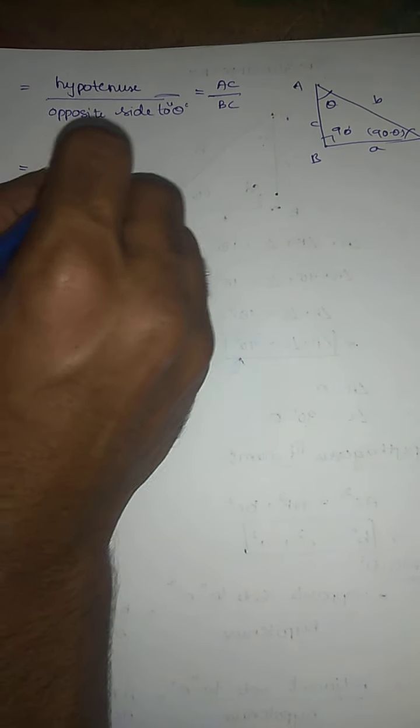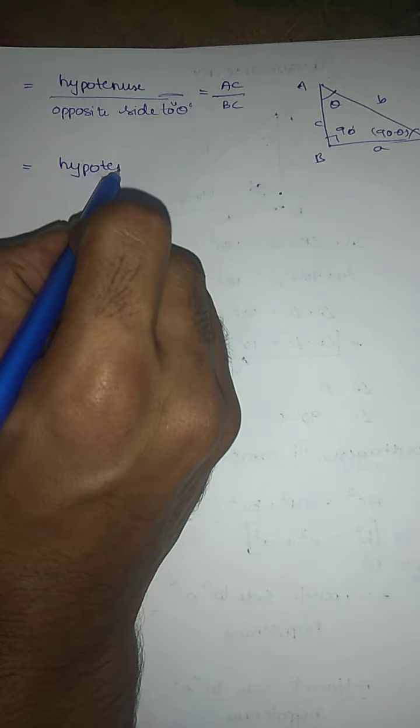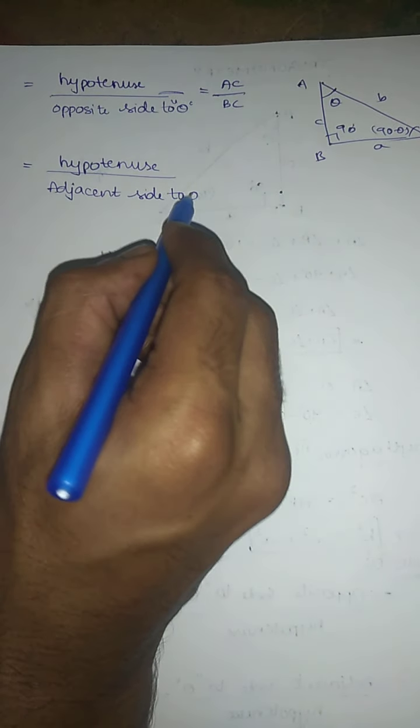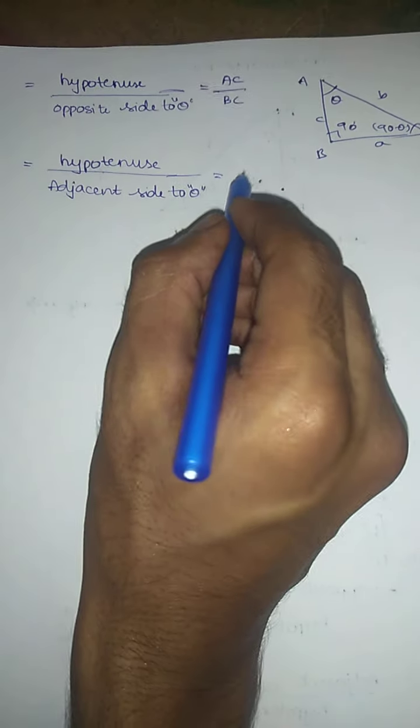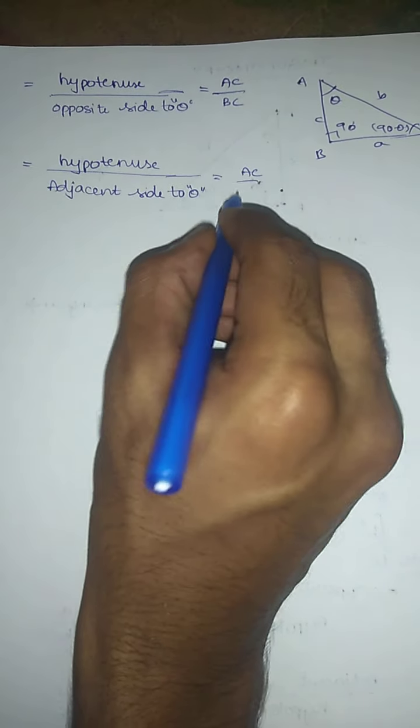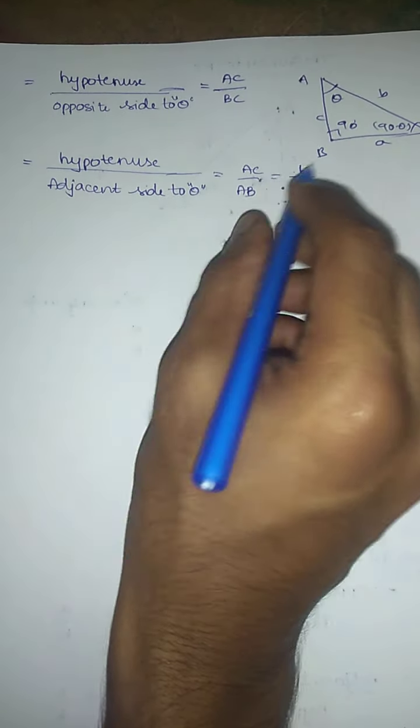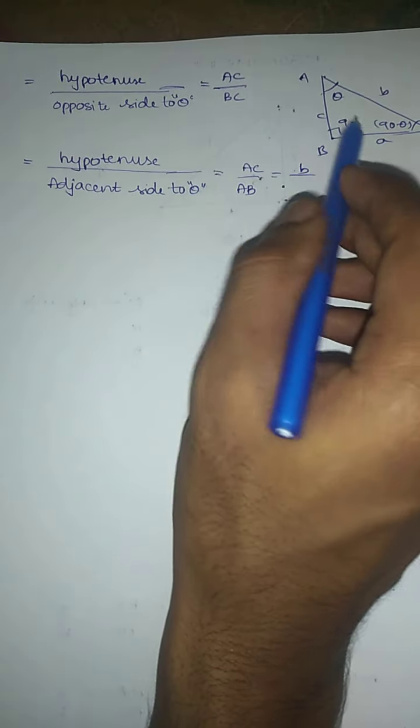Other possible ratio. Hypotenuse by adjacent side to theta. What is hypotenuse? AC, by adjacent side to theta, which is AB. What is AC here? AC is nothing but small b, because it is hypotenuse. AC is small b. What is AB? AB is small c. Okay. What is AC here? It is hypotenuse small b, and BC is small a. Okay, got it? Next. The other and last possible trigonometric ratio is